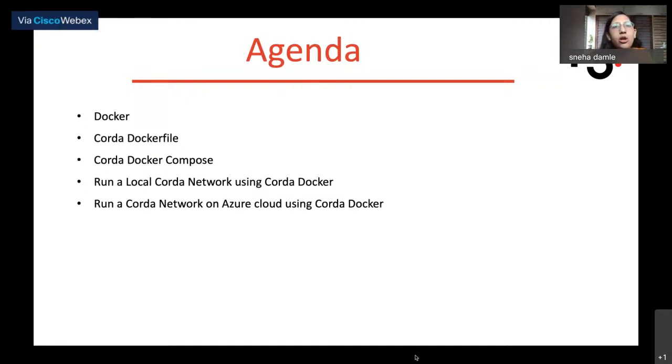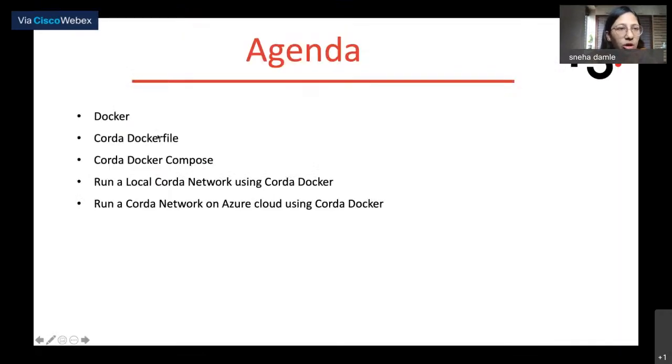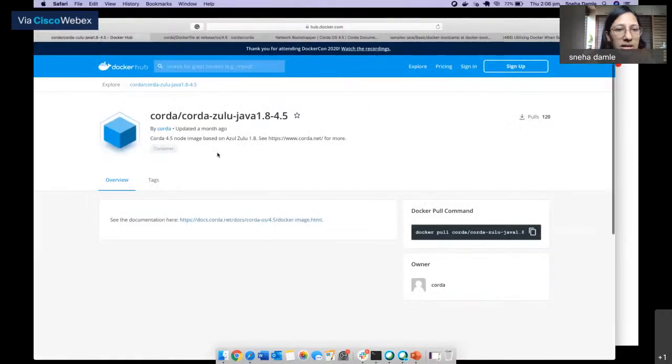And then you can simply start off these containers on your virtual machine or on your server. So this sounds like a pretty good idea, right? So this is why we also came up with our Docker image. Basically, to set up the Docker image, you require the Docker file. So before moving on to the Docker file, let's talk about this.